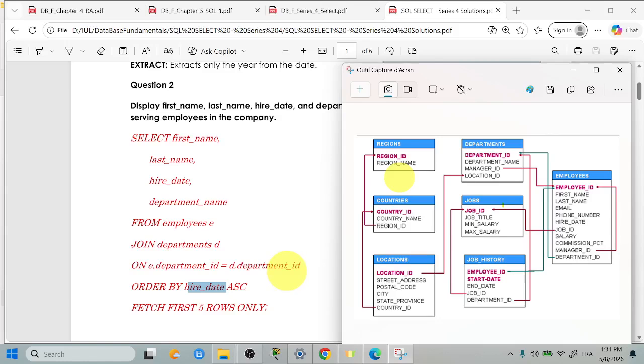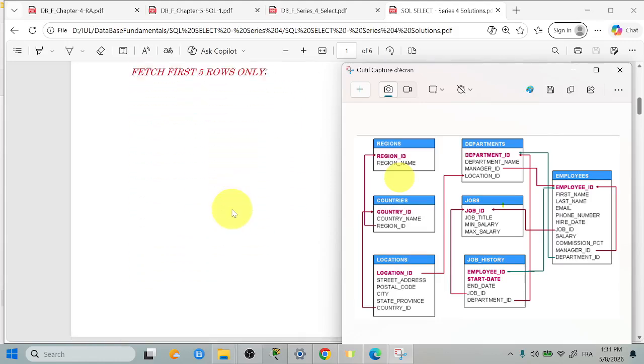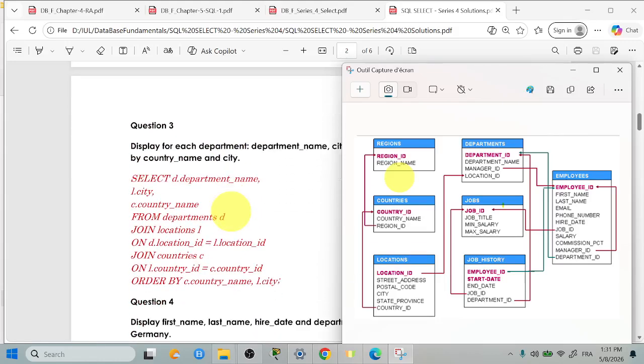I hope it's clear. You join based on department ID, primary key here, foreign key here. Then you order by some attribute, column name, ascending. Then you fetch first 5 rows, 10 rows, or whatever. This is for the second question. For the third question,